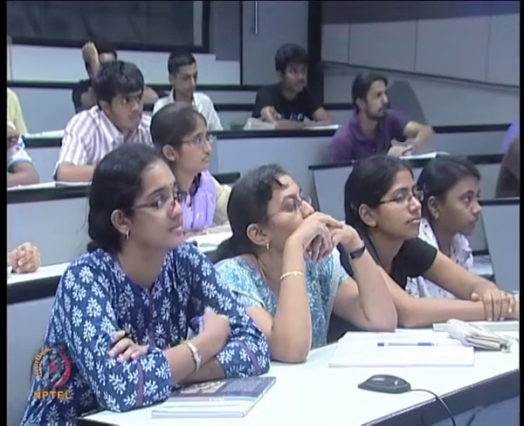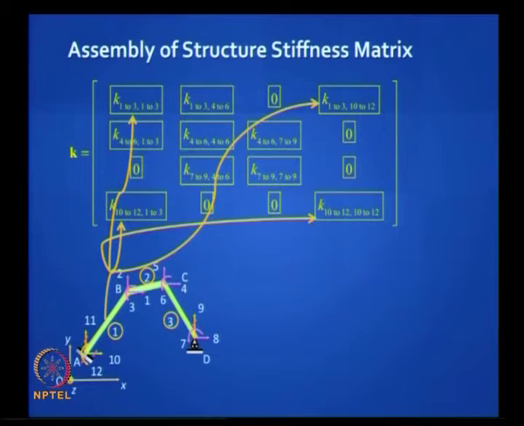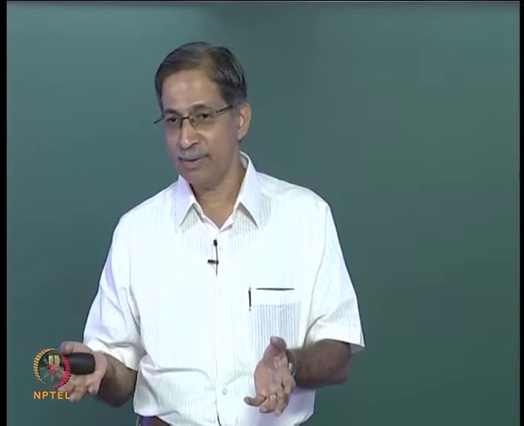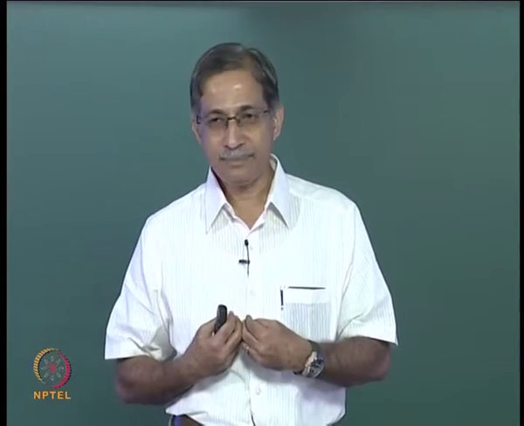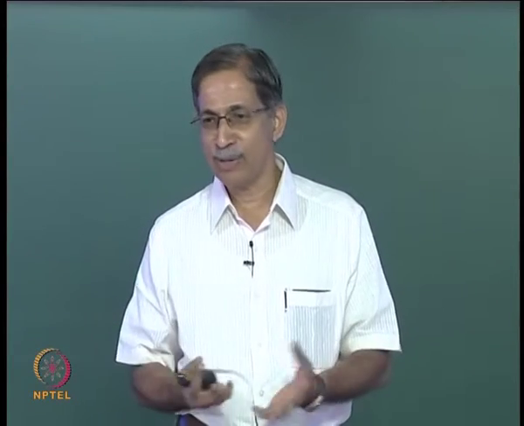Take the first element. The first element is connected to nodes 10, 11, 12 and 1, 2, 3. So all you have to do is to pick up the appropriate boxes and put them into the slots as shown here. Does this make sense? It fills up only those 4 slots. The contribution of element 1 is only to these 4 slots, 3 by 3 slots, and it's a direct contribution. You just have to shove it there. You don't have to play with it, you don't have to multiply or change sign, nothing, just put it there. Can you do it? That's all you have to do. Do it intelligently, right?